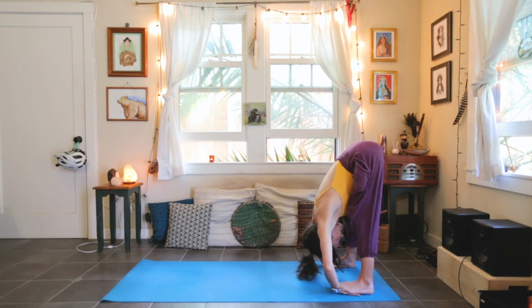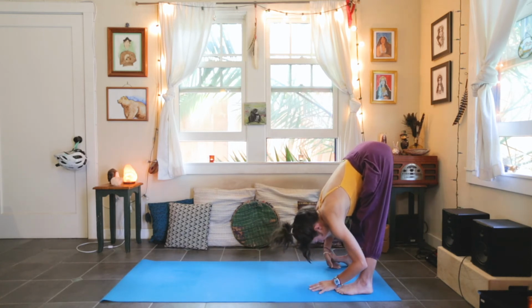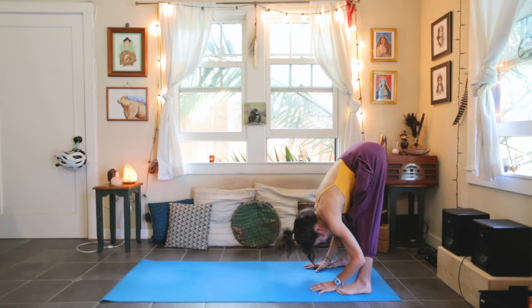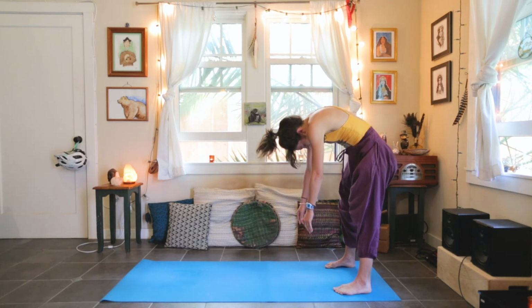Or you can bend your knees a little bit and just sort of roll your feet from side to side. Just getting into some different areas there in the hands and the wrists. It's like a little massage for the heel of your hand. And then gently, one and then the other, release your hands from under your feet. Round your spine, slowly roll up to stand vertebra by vertebra